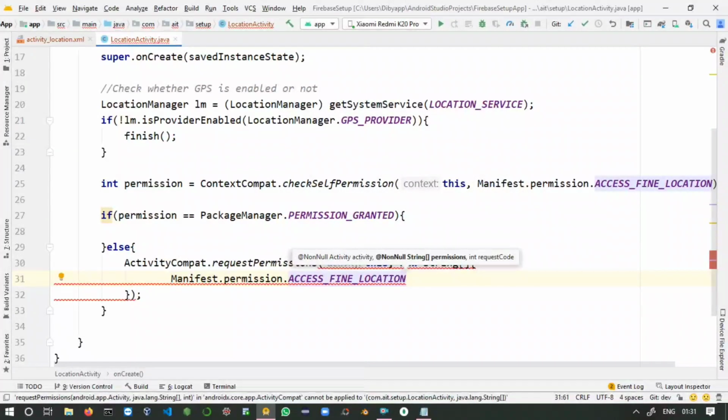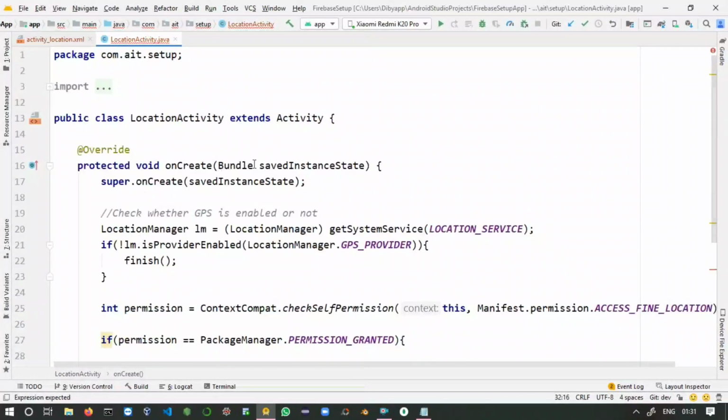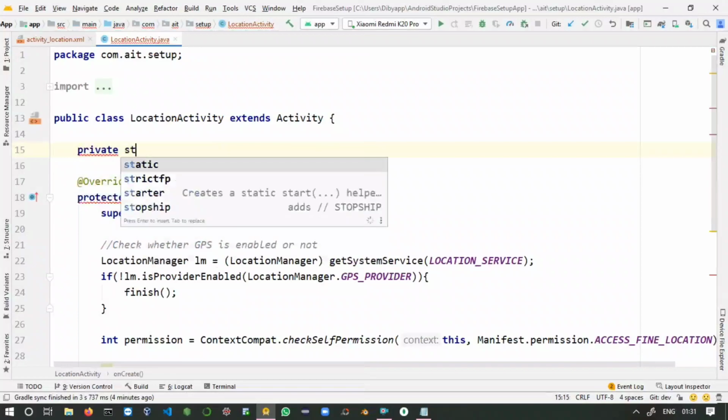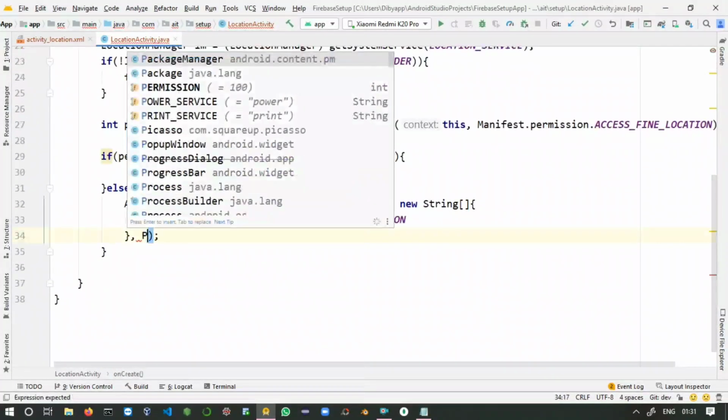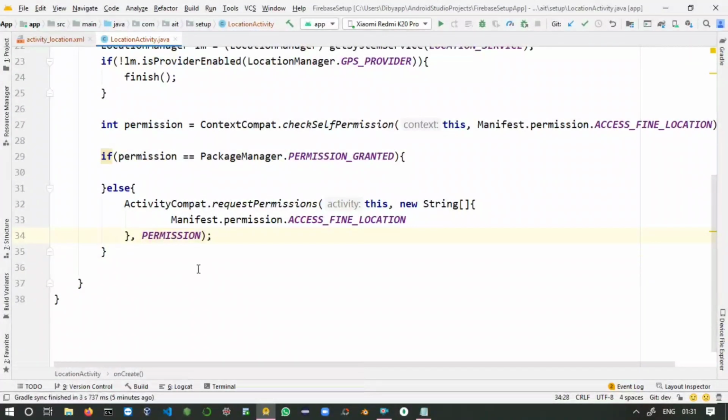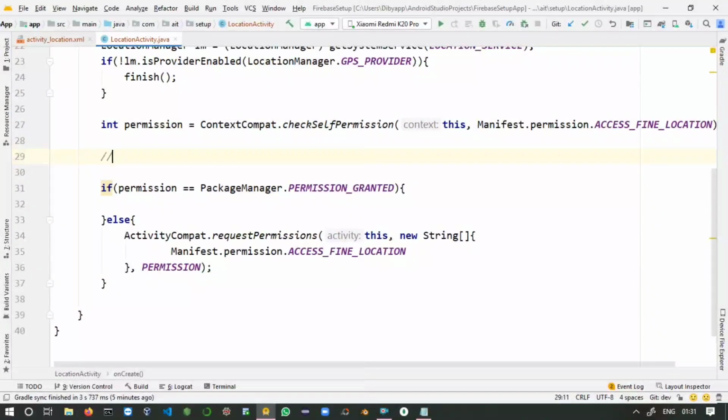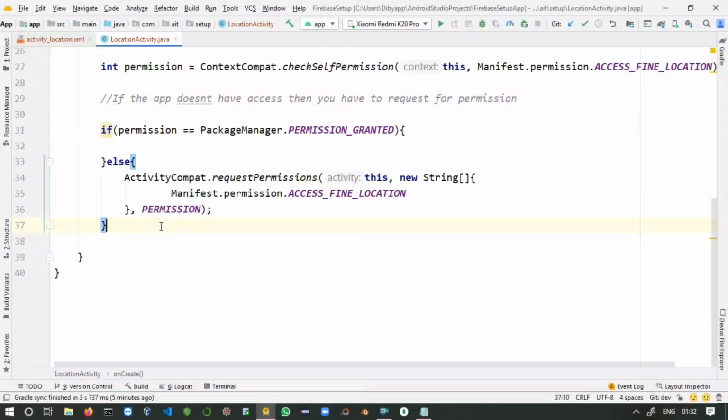You can pass the permission code outside of this, so I will take another static final int, PERMISSION, and pass the permission code 100. We will write that if block after developing another method. If the app does not have access, then you have to request for permissions.